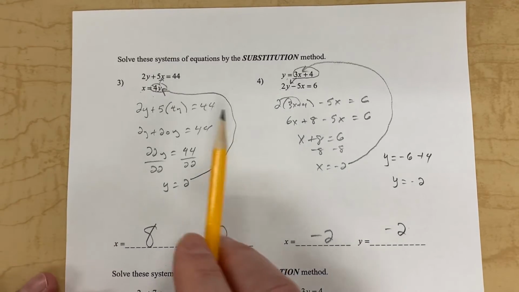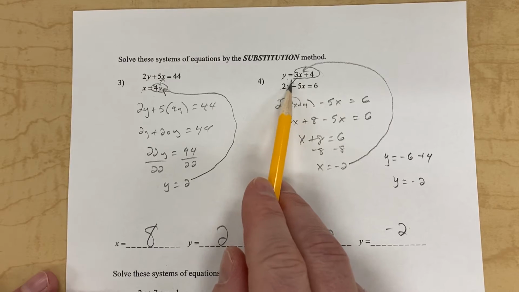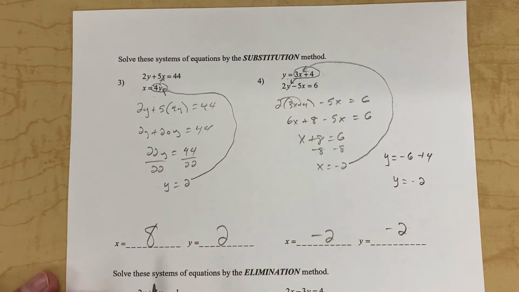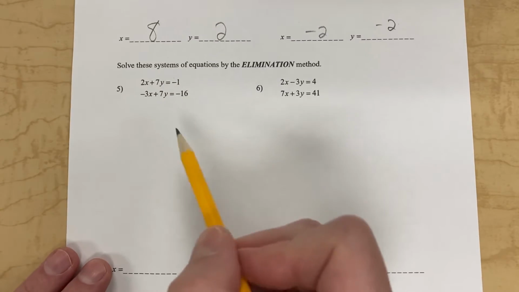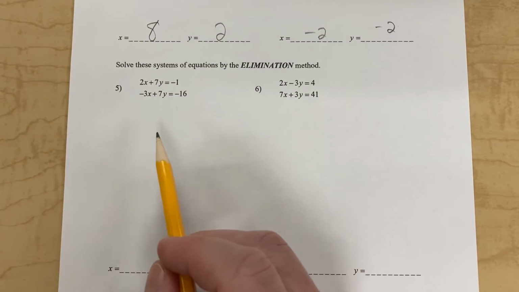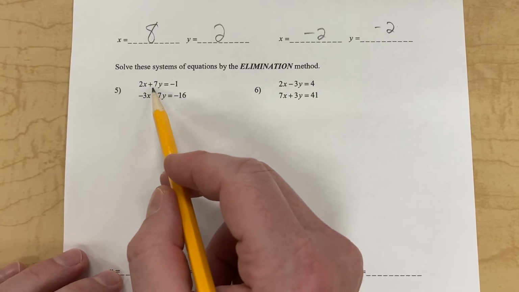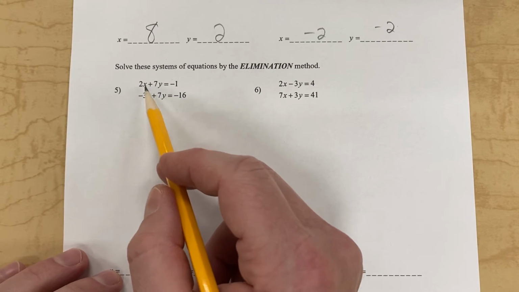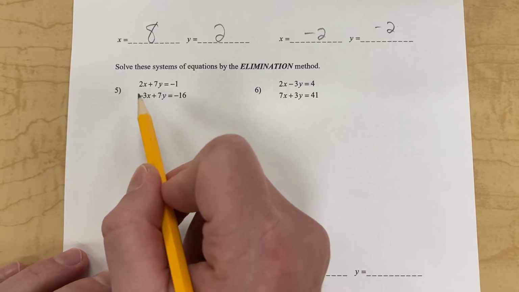Again, with substitution, find the variable that's by itself, take what it's equal to, and put that in for that variable in the other equation. Okay. Then we got some by elimination. And with elimination, we're trying to find a set of variables that we could cancel, either by adding or subtracting. In this first one, I see that the 2x, negative 3x, I really can't do anything with them, but 7y, 7y. If I were to subtract those,